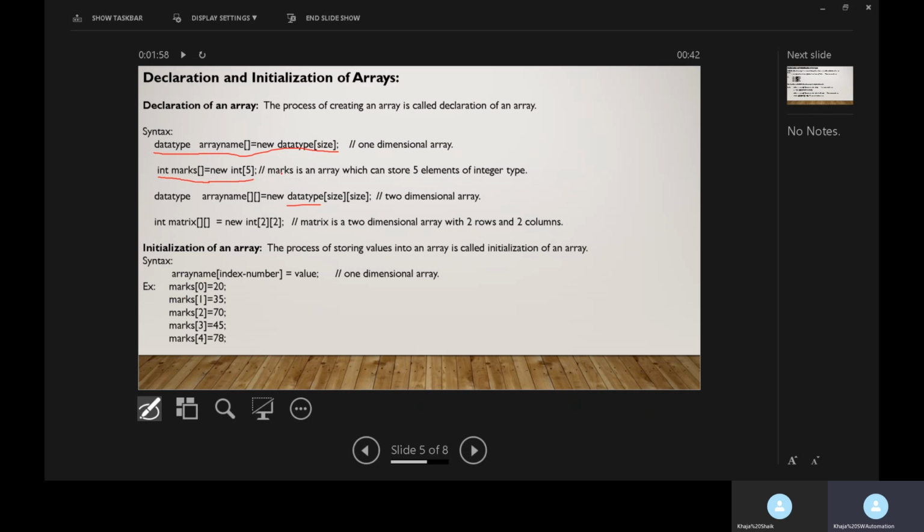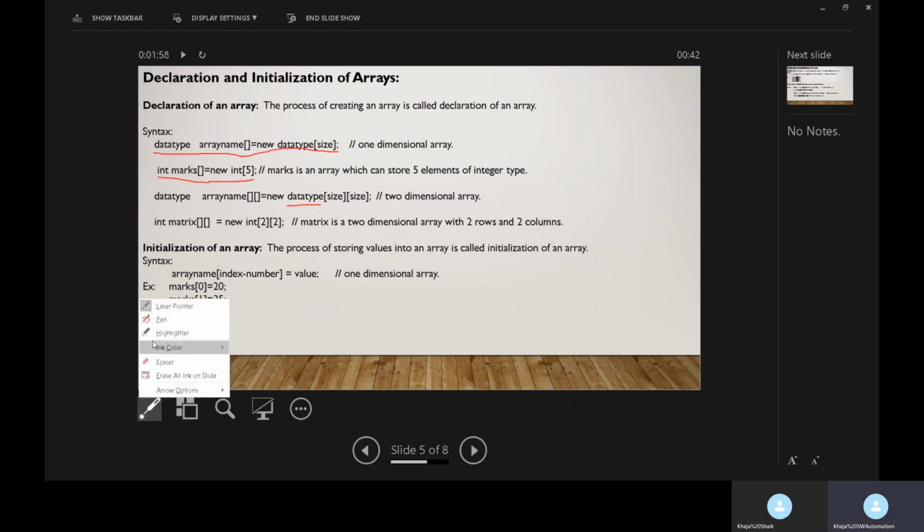For example, here we have declared a single dimensional array: int marks is equal to new int[5]. In this marks array, I am storing values. It is representing 5 locations for 5 integer values. So I am storing 5 integer values in 5 locations.